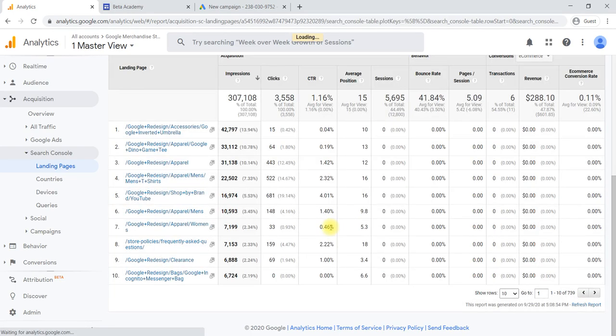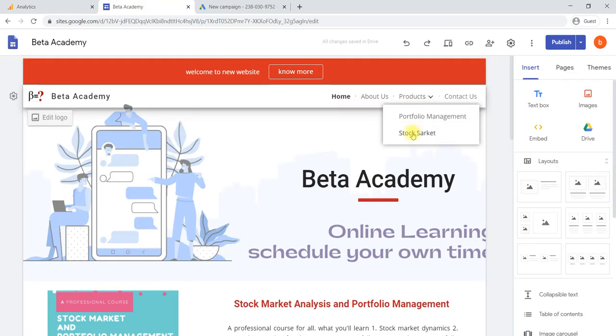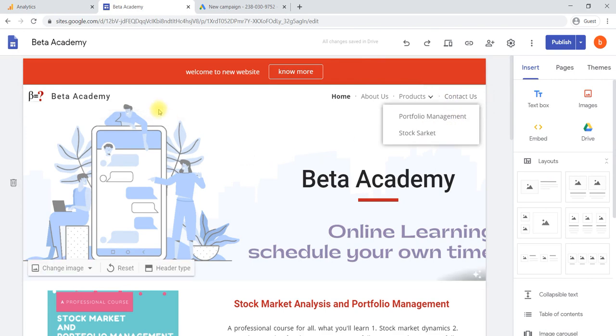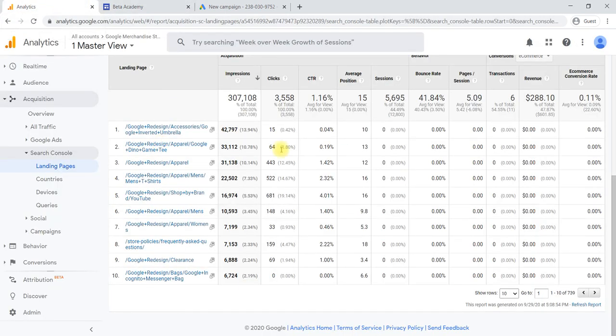In the sense, each page will be called a landing page. Each URL, each product page we have created, right? These are all one landing page each. One, two, three, four, five, six landing pages we have in this simple website itself. Here we have many more landing pages because they have 739 products. So for each product they will have one landing page, so 739 landing pages.